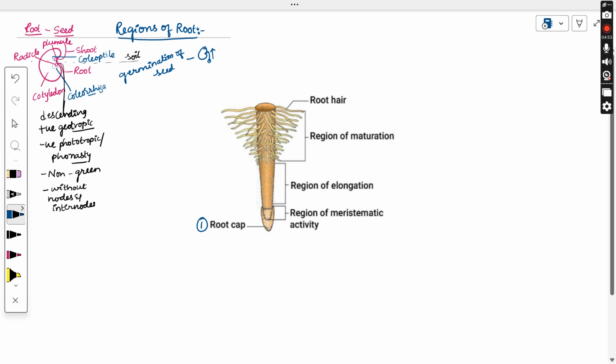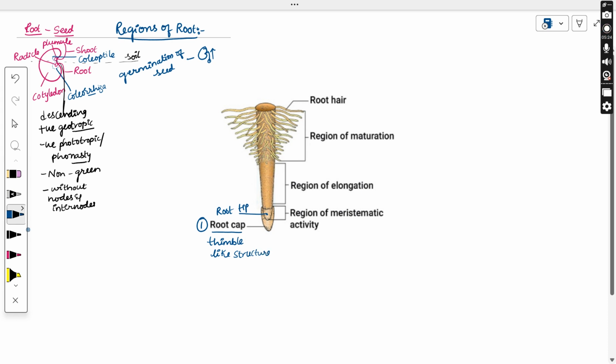So what is a root cap? Usually the root cap is the one which covers the root tip. So this is the root tip. The cap-type structure which covers the root tip, we call it the root cap zone. So what is this root cap zone? This is a thimble-like structure. A thimble is not a pointed one. A thimble-like structure,